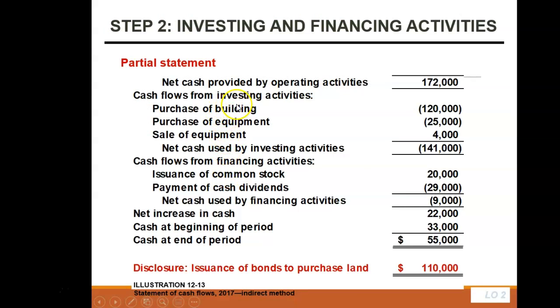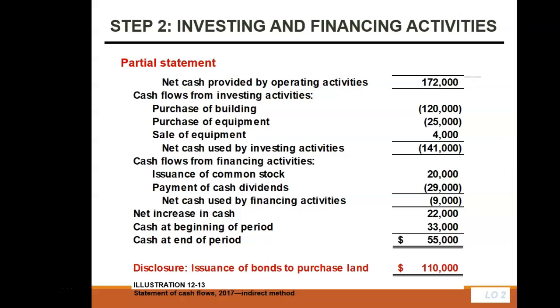So remember, up in investing, we purchased a building for $120,000. That was an outflow. We purchased equipment for $25,000. That was an outflow. We sold equipment for $4,000. That was an inflow. So you combine those all together from your investing activities. We had a net cash used, which means a decrease of $141,000. The $120,000 for the building, $25,000 for buying the equipment, but then we also sold equipment. So overall, net cash used or your cash account decreased by